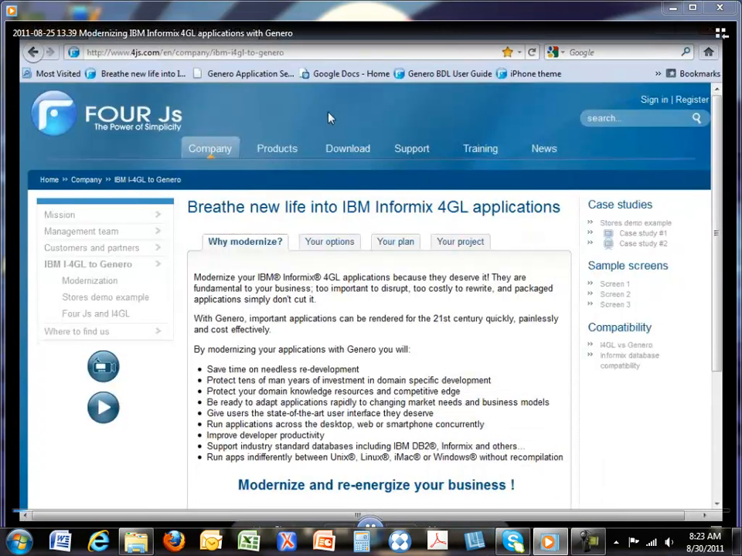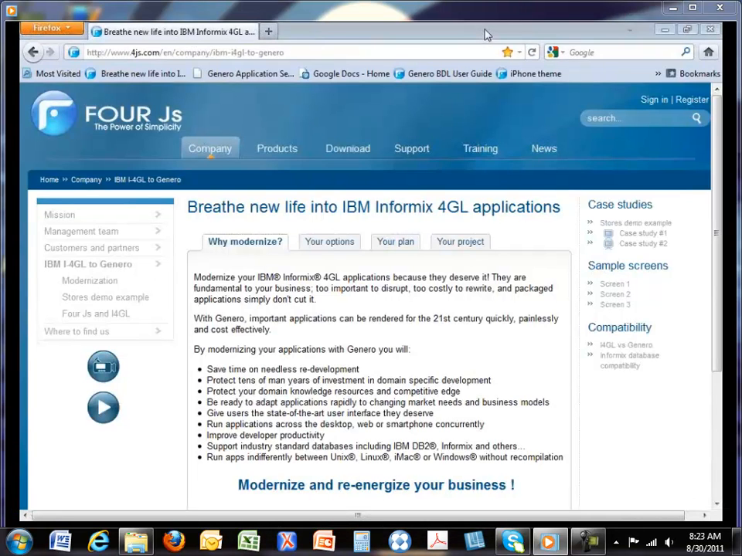Hello, this is Shannon Wallner, and today I'm going to be walking you through a migration or a modernization of the Informix stores demo. Before we get started, I want to point you to some resources that will be helpful